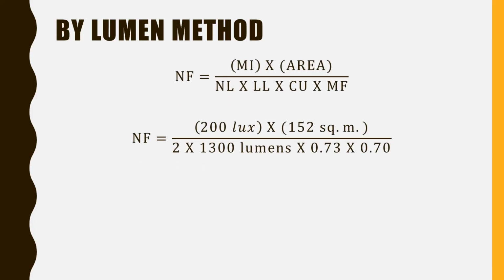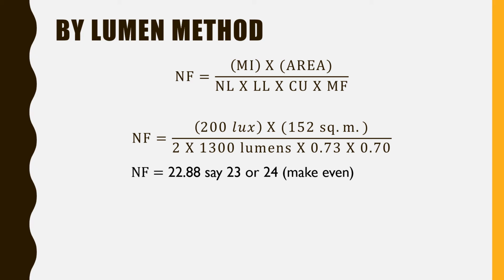Now we will apply it to the number of fixtures, or the number of luminaires. So maintained illumination is 200 lux, as given previously in the table, times 152 square meter area. Then number of lamps: 2. There are 2 lamps which we selected, and the lamp lumens is 1300 each. And the utilization factor we already got from the table, 0.73, and the maintenance factor, as I mentioned, average value 0.7. So we get 22.88